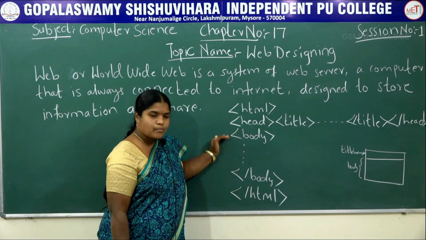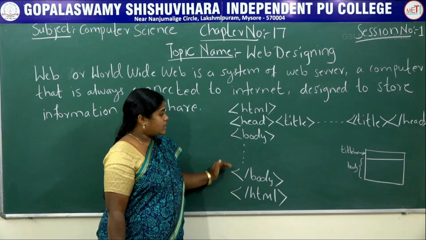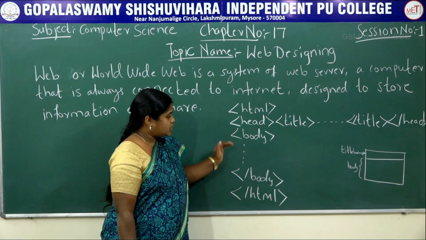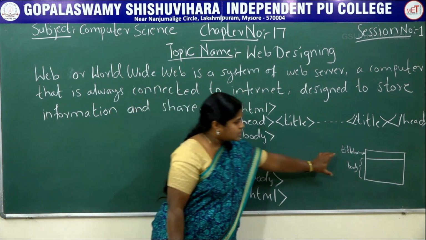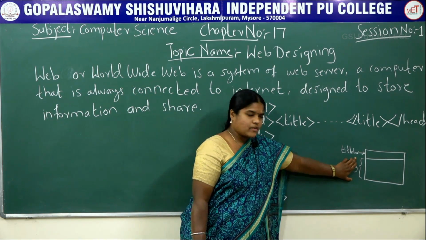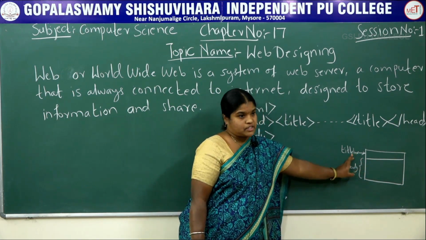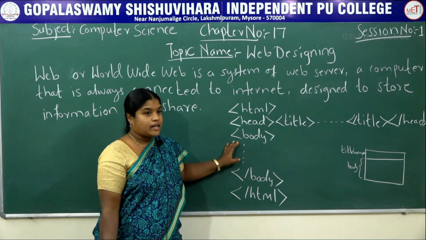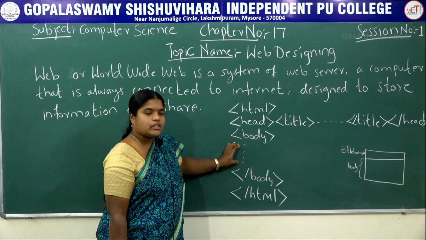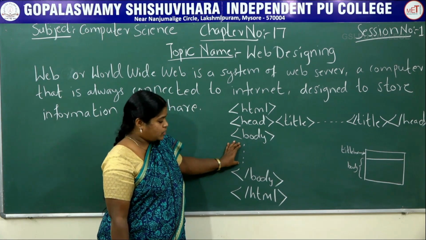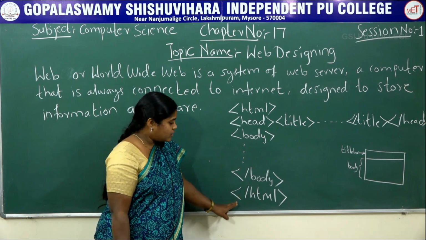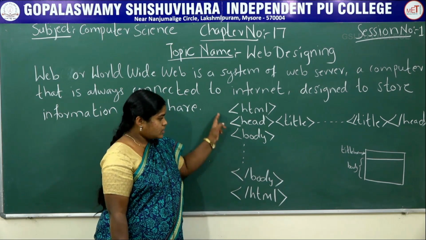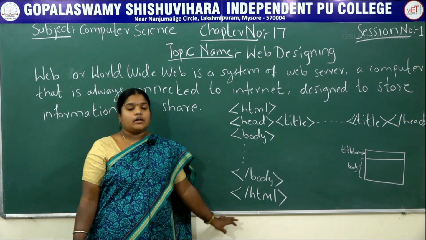After that comes the very important part of the HTML document, that is the body tag. Whatever appears on the web page must be mentioned within the body tag. So this is the body portion of any web page. In this region, whatever appears has to be mentioned within this particular tag. It can be text, it can be image, table, links. All those contents should be mentioned within this particular tag. After mentioning all those tags, we close the body tag and then we close the HTML tag, that is /body tag and /HTML tag. So this is the structure of an HTML document.